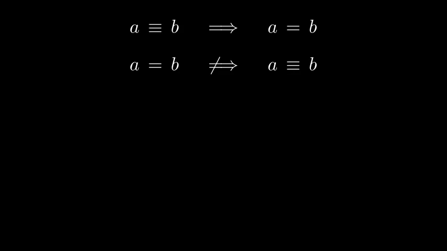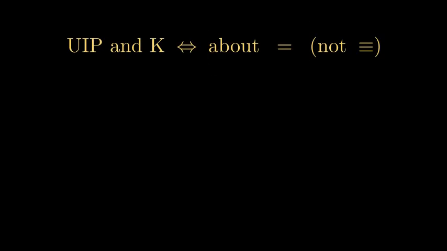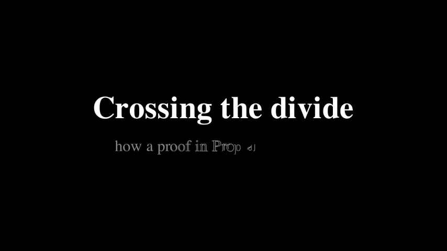One direction holds, the other doesn't. Anything the kernel sees as definitionally equal is provably propositionally equal. But propositional equality is more permissive. You can prove n plus 0 equals n without n plus 0 and n being the same closed term. UIP and axiom K are statements about the propositional one, the one with explicit proofs you can put side by side and compare.